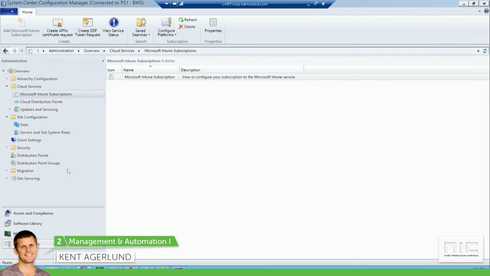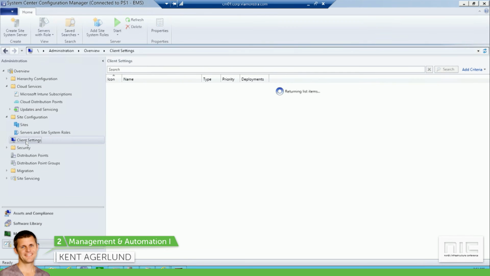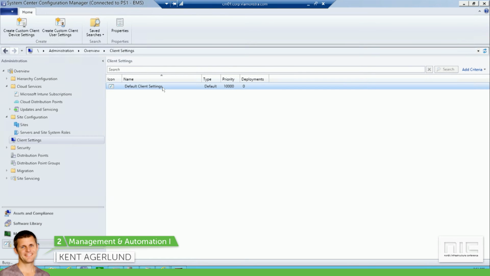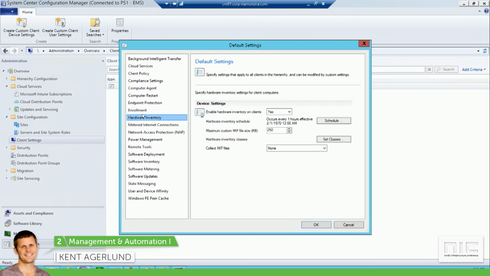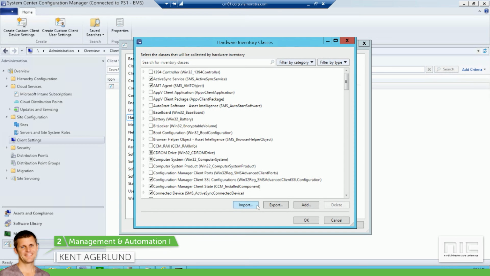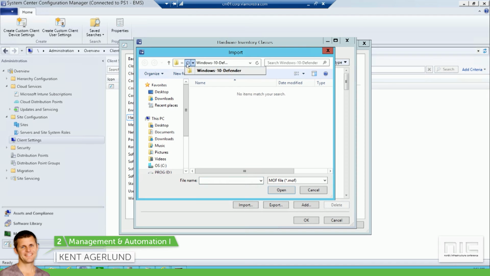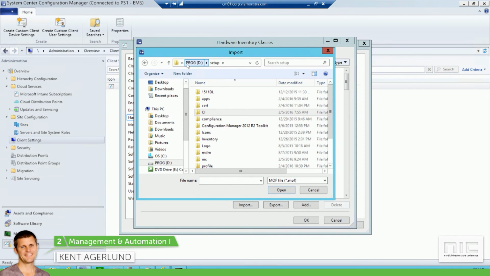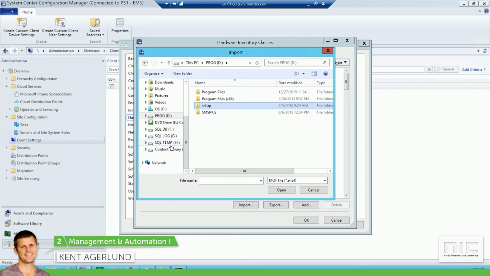If you have not played around with custom MOF files before in SCCM, I do believe most of you have, but then you go to your client settings, your hardware inventory, your set classes, and then in here you can either connect to one of your HP machines, into WMI on that HP machine, and then say, I want to import that class. You can also do as we have done in here. You can say, well, we already have the MOF file, so I downloaded the one from Mike's website. And I did not place it there. I placed it in my